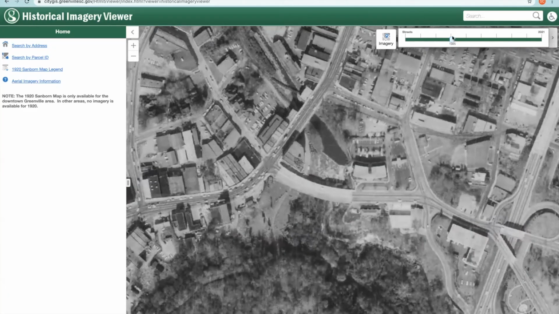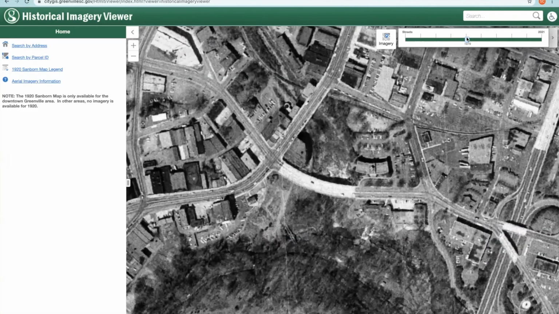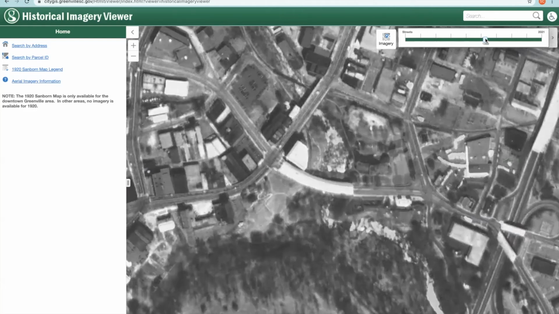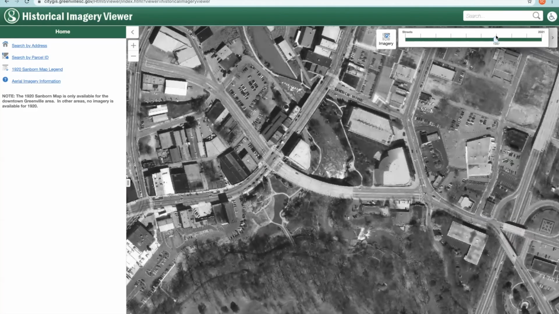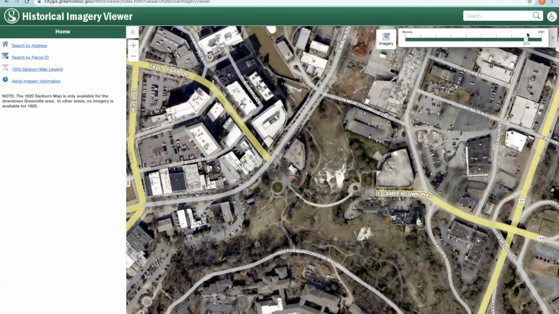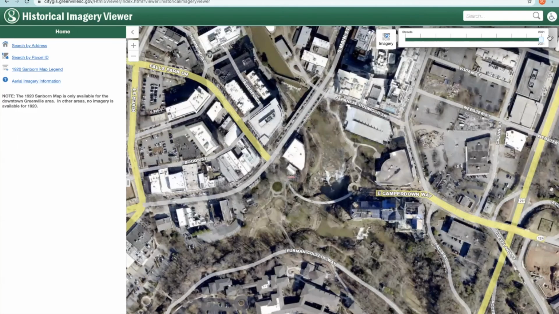We can keep going. Now we're in 1965. And we can slide some more. We go to 1979. So we can just see how downtown is changing. 1989. Sometimes they won't be very clear depending on the year. Some are more clear than others. And this is 1997, which we have on the county page as well. 2011. 2019 and 2021.